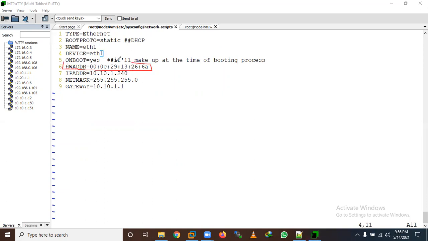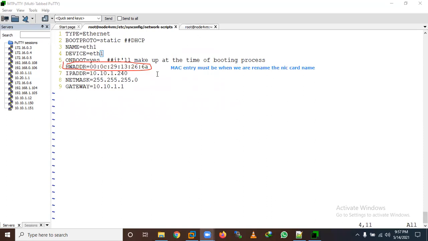The MAC address entry must be there when we rename the NIC card. If you are changing your NIC card name, the hardware address is mandatory, it must be there, and after that I will keep everything else the same.